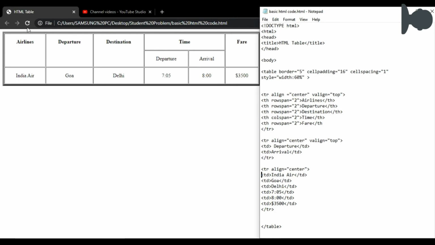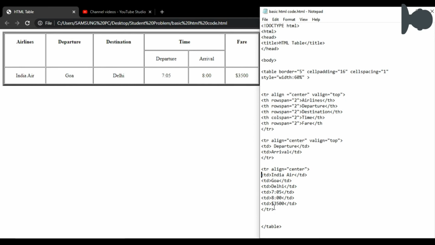Now we have to write the data for this particular row, this one row. So we have written the code: arrival data is equal to India Air, Goa, Delhi time, and here is the departure time, and here is the fare price. You can see this is the data for this particular one row.